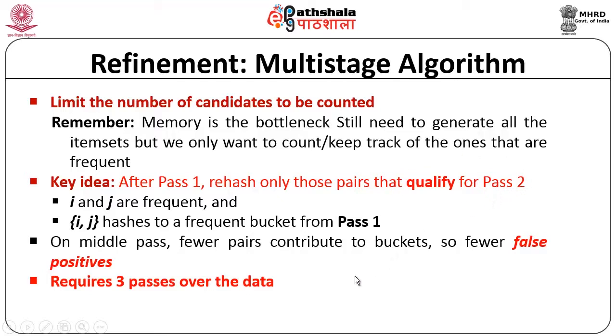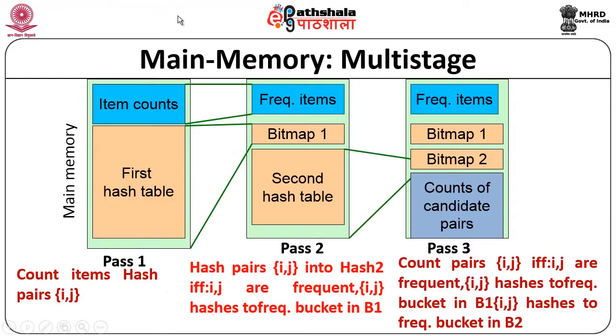Now, when you are doing so, you will be bringing one more phase into the existing approach. So, you require 3 passes over the given data, because in between the passes you may end up with, say, false positives, that is, a few pairs that are actually positive may not be considered. That will come as an error, and in order to eliminate this error you need to introduce the third pass. This refinement algorithm, when visualized in the form of a diagram, can be understood as follows: during pass 1